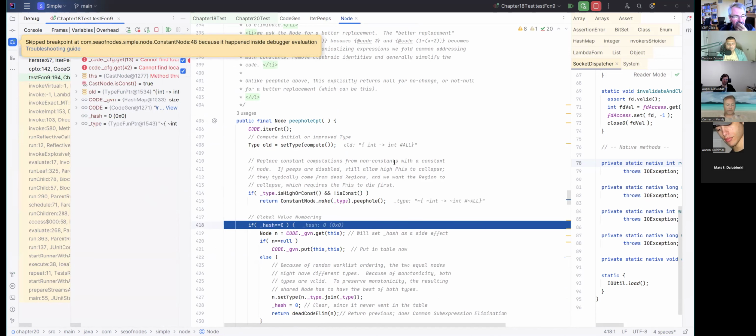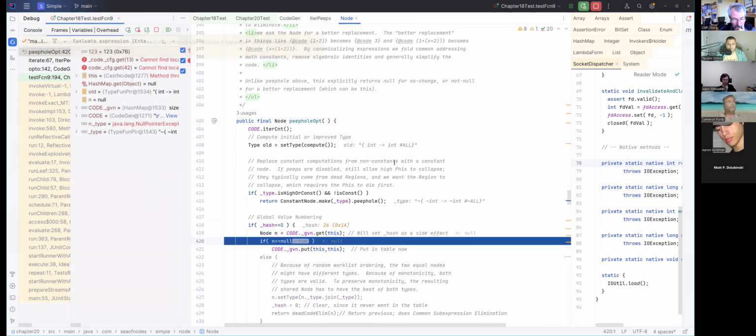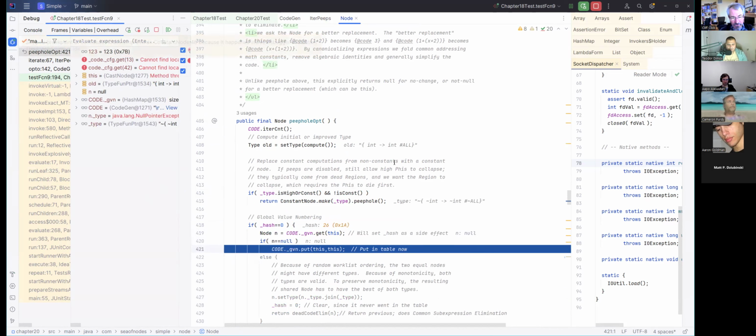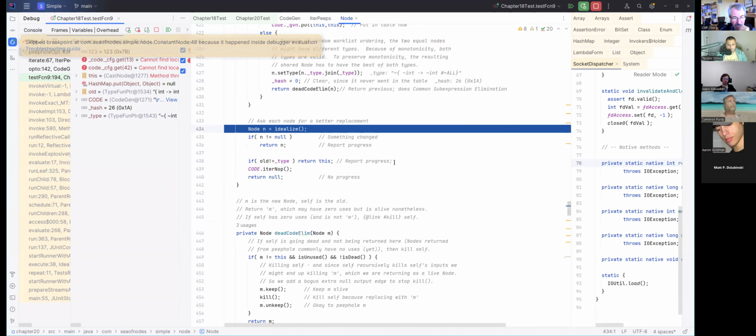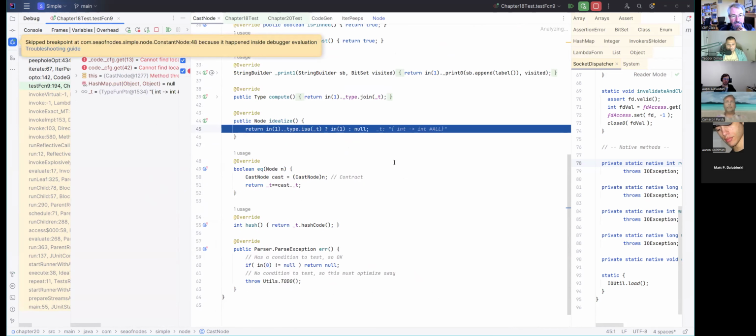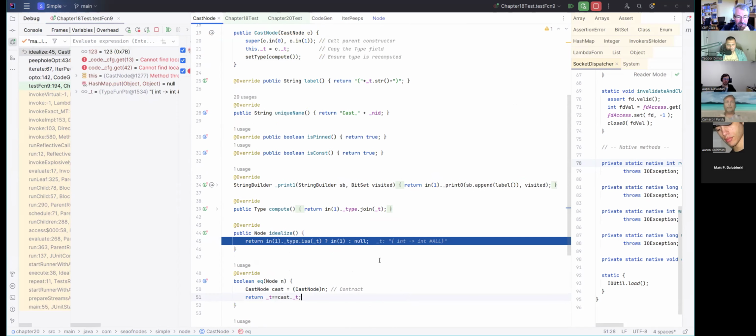It says types didn't change. Hash is 0. I didn't find you in the hash table. It's a cast node. It kind of makes sense. Idealize on a cast. So the cast says, I did a type thing. I'm going to discover, okay, the type I have right now is some TFP, and I'm about to compute an input type